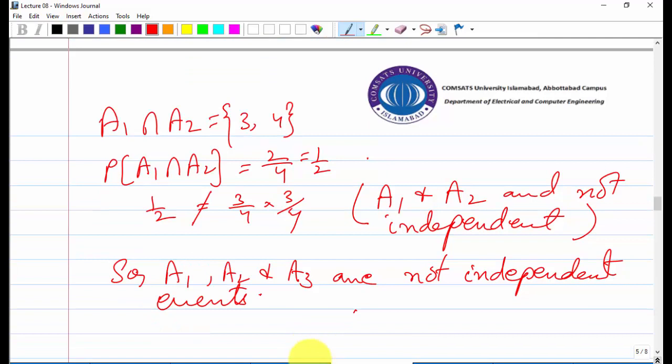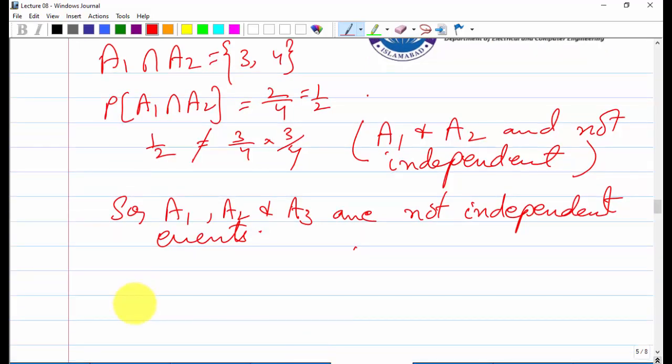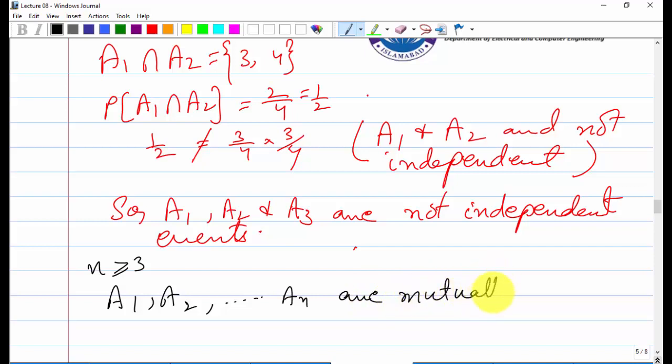So we can extend this definition for more than two independent events, for n greater than or equal to 3, or for n independent events. Say we have A1, A2, and so on up to An. They are mutually independent if and only if